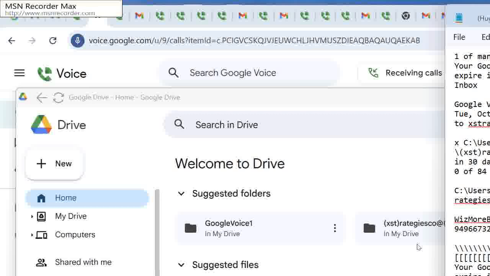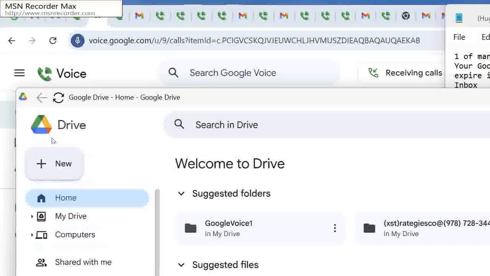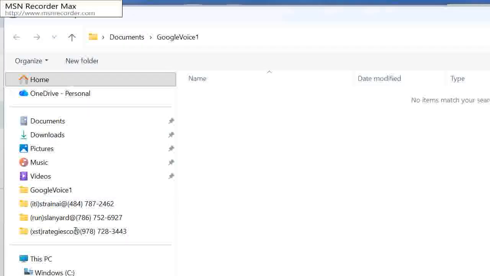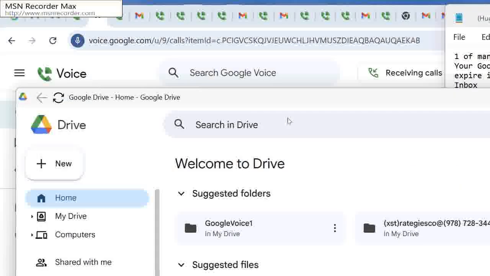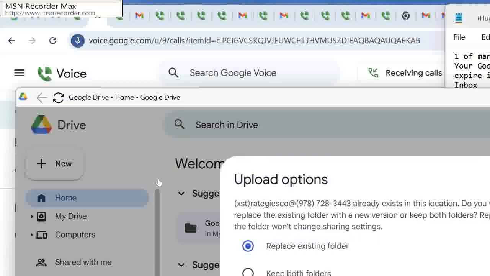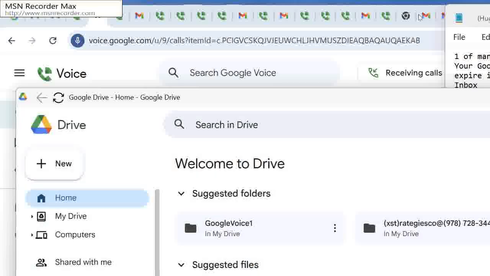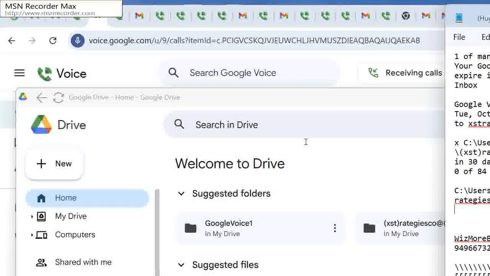Yes, and then I saved it in my notepad also, and I want to upload the entire subfolder to the Google Drive. So I selected plus new and then upload folder, and now I paste the subfolder in the folder input list on the select folder to upload dialog box of Google. And I click upload to confirm, and it says upload option, keep both files.